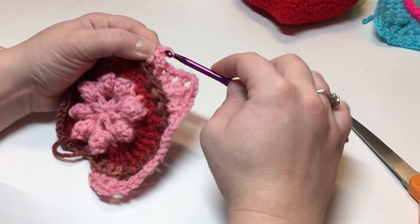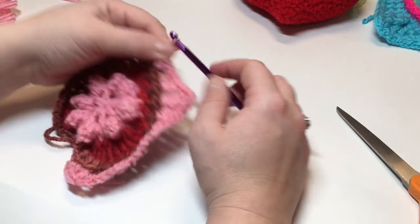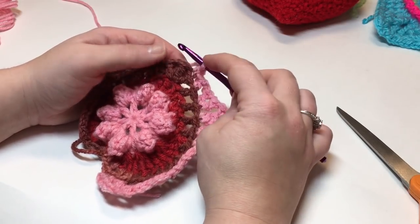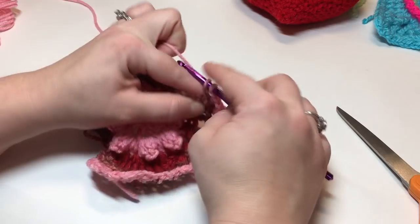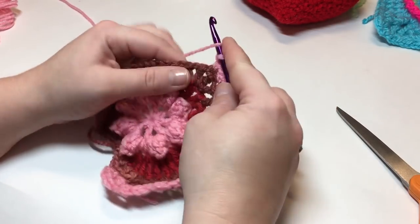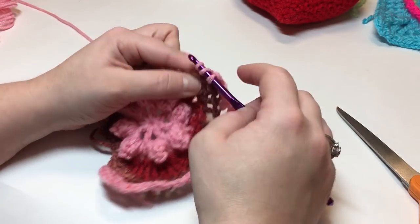only, chain 1, skip the next stitch, which is our treble, and in the back loop only of the next chain 1 space, you're going to work a single crochet in that one as well. Chain 1, skip 1, add a half double crochet into the next,